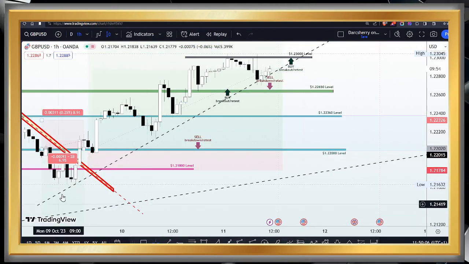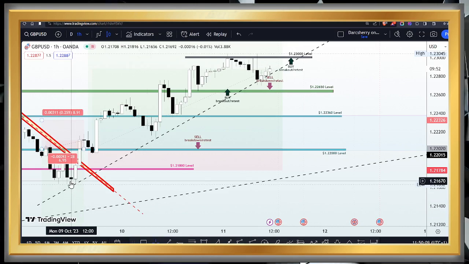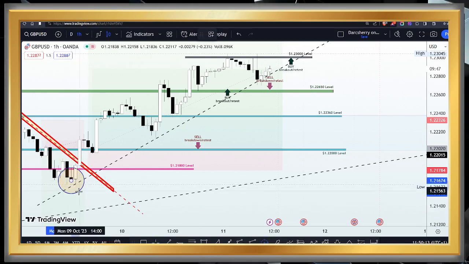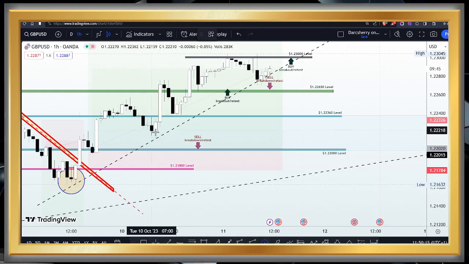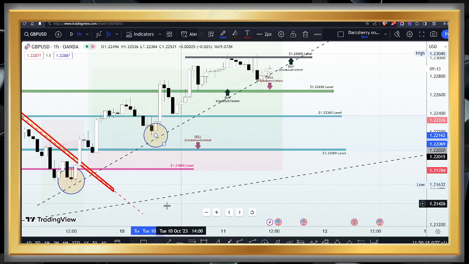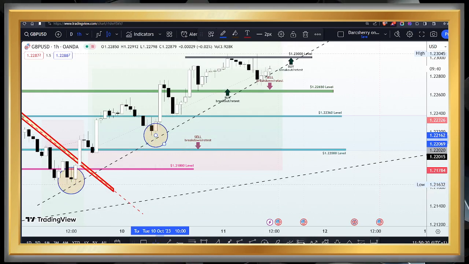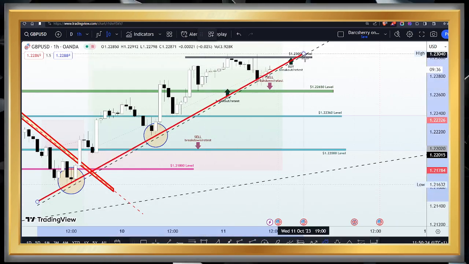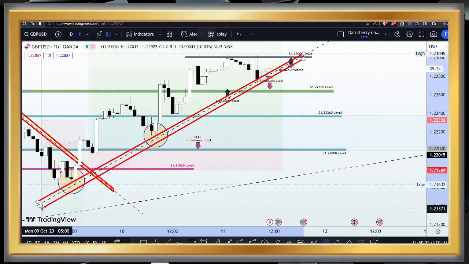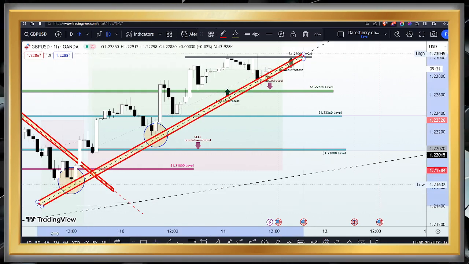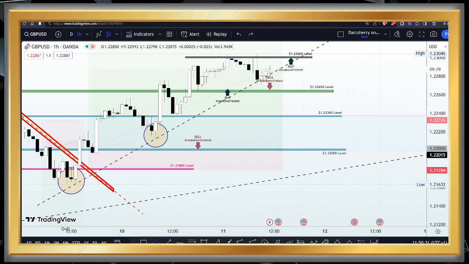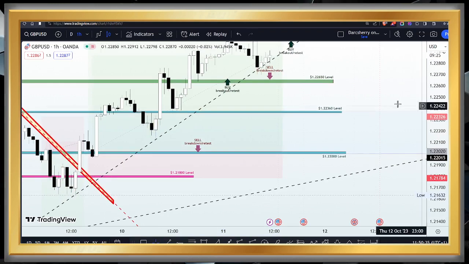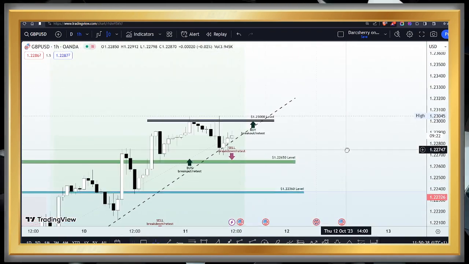So I took into consideration the nature of price action since the beginning of this week, and you will see how price has uniformly found higher lows in this market. And when we connect the series of higher lows here, we have an ascending trend line that we can use to guide our trading decisions for today's trading session. Now, as long as price remains above this ascending trend line, we shall feel comfortable in our buy position.